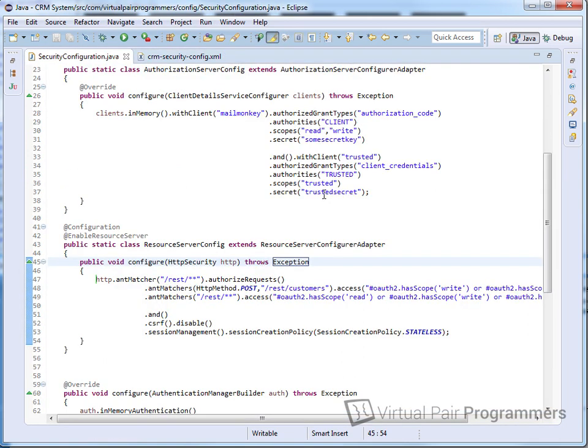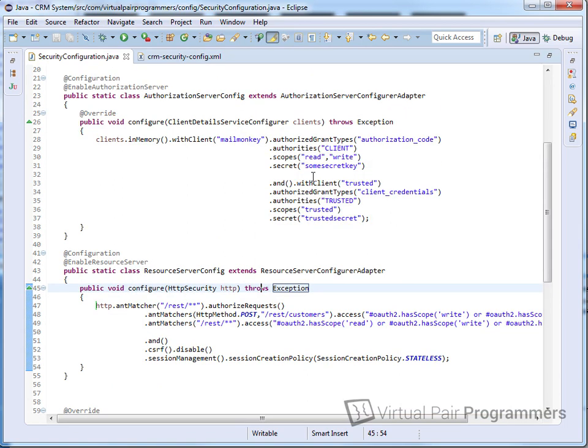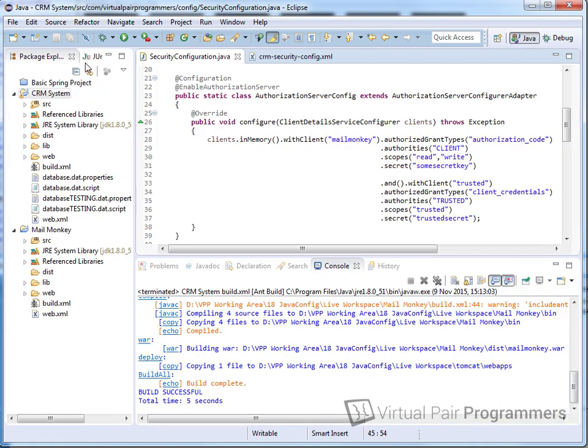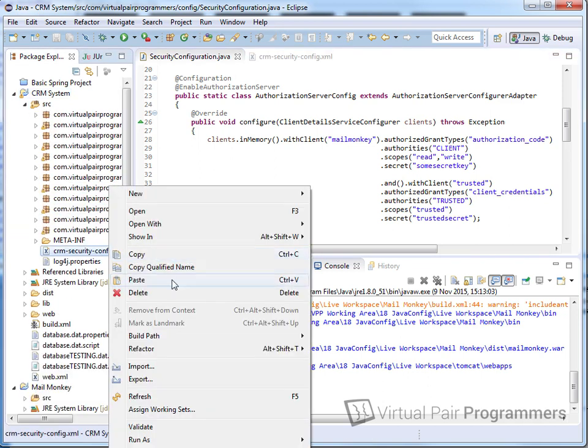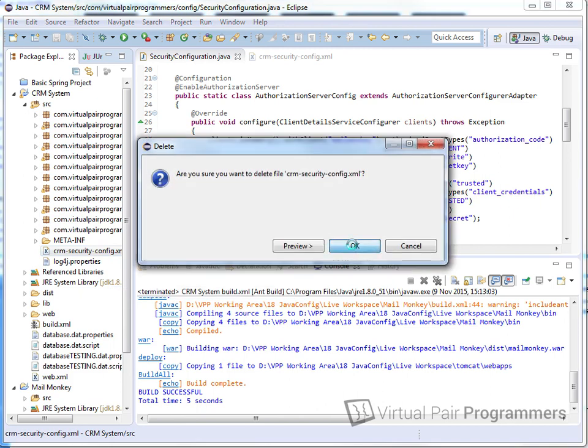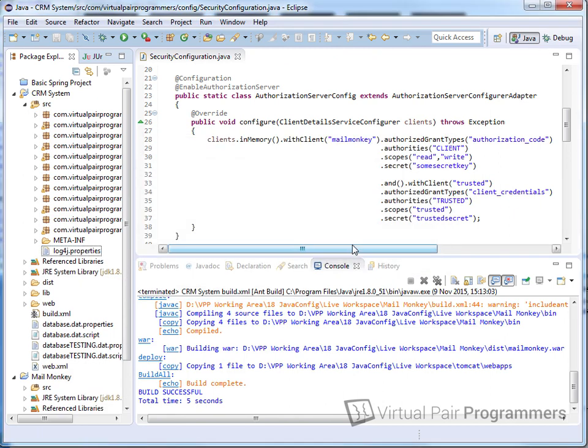but I can tell you that we now have reached the point where we have a complete OAuth configuration. And I think whether you like JavaConfig or not, I have to admit that they have done a pretty good job of getting all of the defaults right here in the JavaConfig. So I don't want to get confused by that XML file anymore, so I'm going to take the plunge and finally delete that XML file, which means we're finally XML free, or at least from the Java configuration